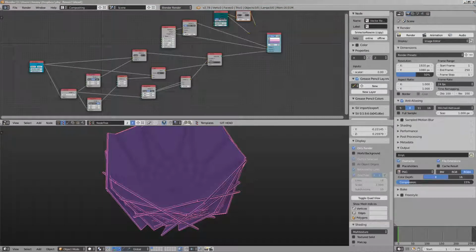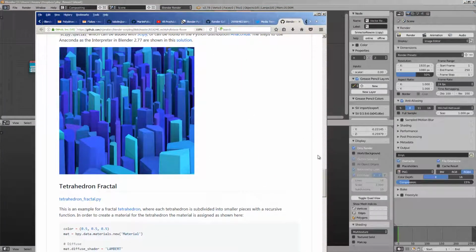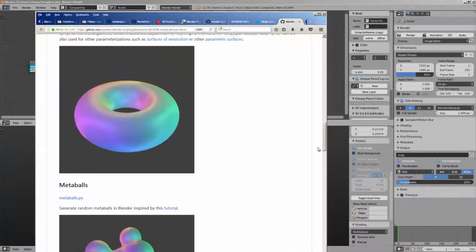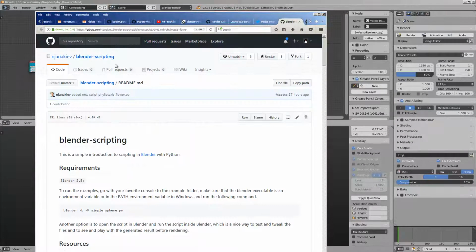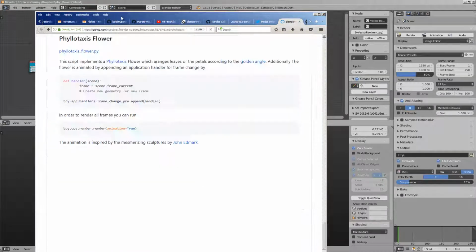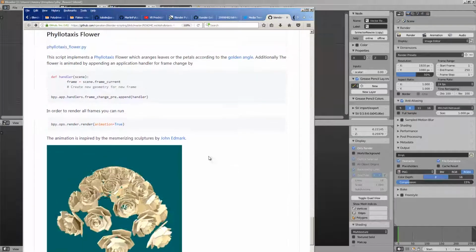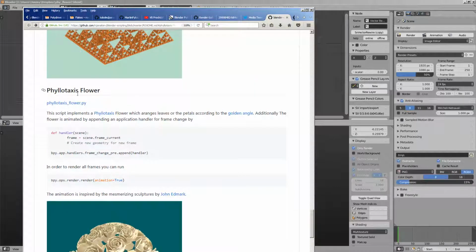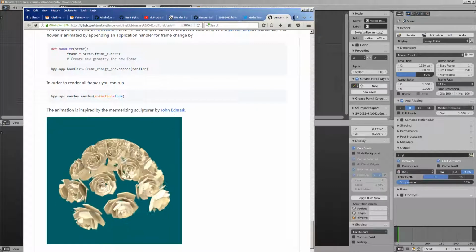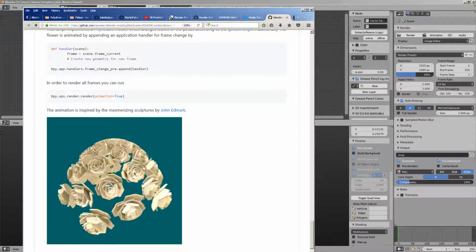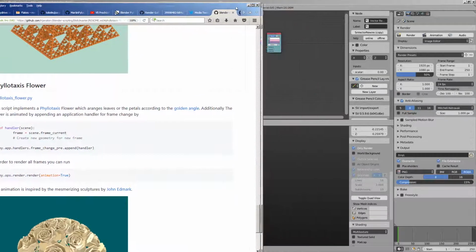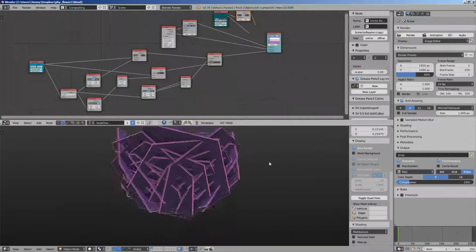So I was actually inspired by this work by, what is his name? Basically, he's known as Parametric Cookies. Nikolai. Okay, Nikolai. There's one work he made using Python. Here, the Phyllotaxis flower was inspired by a sculpture by John Edmark, and basically this flower. I think I did something similar with Phyllotaxis in Blender at some point, but I'm gonna do it again anyway,